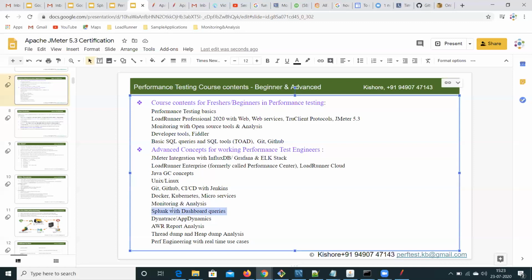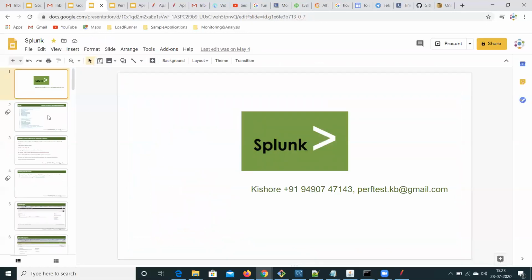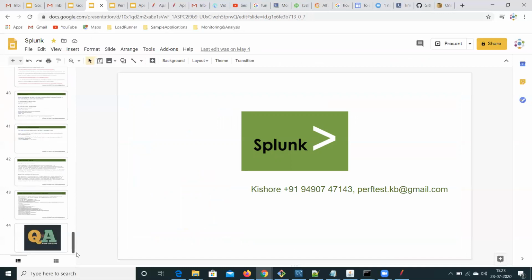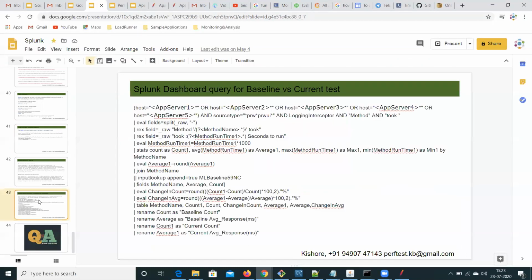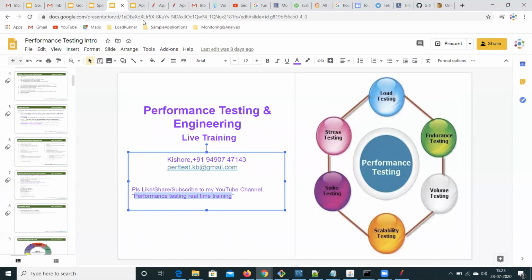This is available as an individual course, as well as part of this advanced concepts training. Splunk is another course that we are running, along with dashboard queries. Using Splunk queries we can build dashboards. As you can see here, this is a Splunk dashboard query for baseline versus current test.